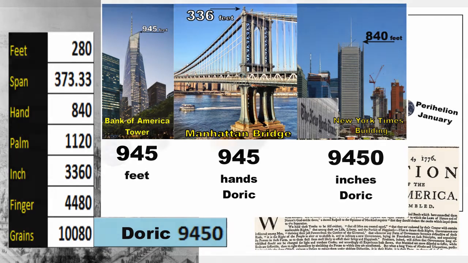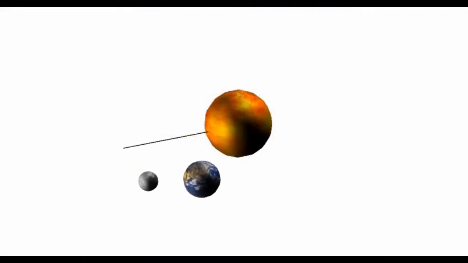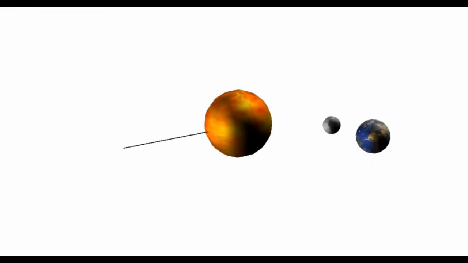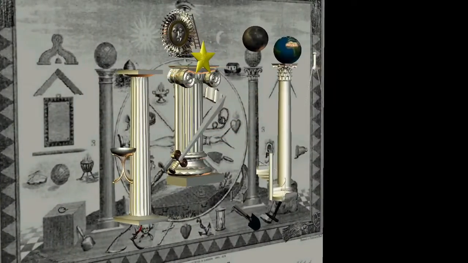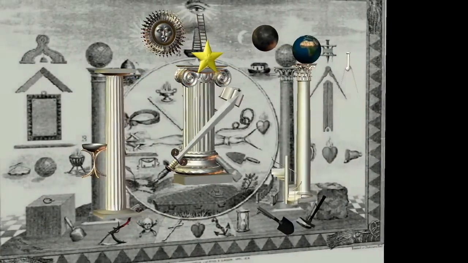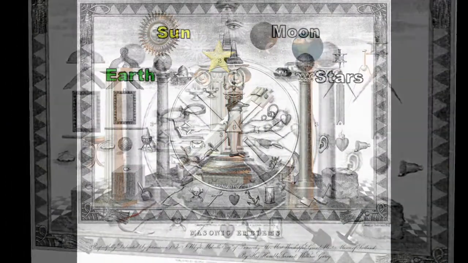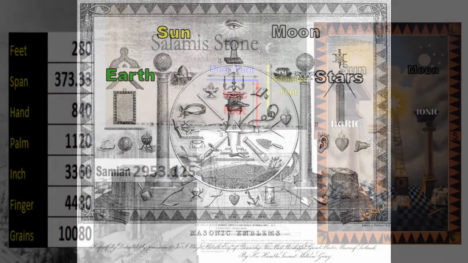Now, 945 will also connect the Bank of America, Manhattan Bridge and New York Times building. But this connection of Sun, Earth and Moon is not the only one. So we have, again, a repeated theme, and it's commemorated in many ways in weights and measures, especially if read through, for instance, the tracing board with the Doric, Ionic and Corinthian column, as well as the symbols of Sun, Earth, Moon, stars, geometry being key features throughout all of them. And also, as we move on now,